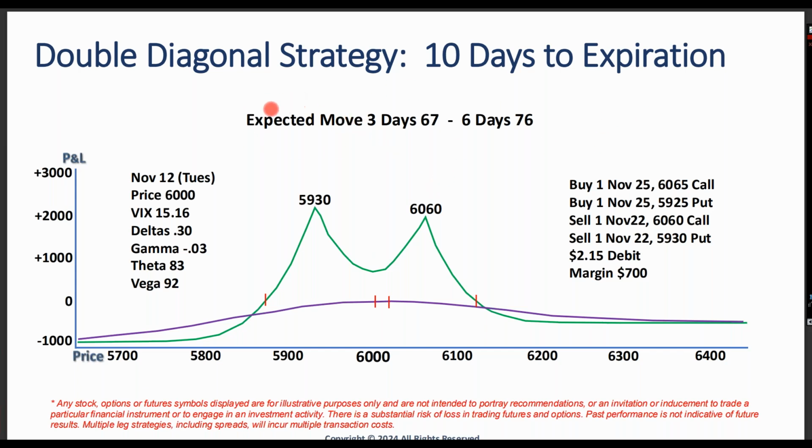So the expected move when I looked at this trade, one standard deviation was 67 points. So what does that mean in English? It means from where I put the trade on, 6,000, there's a 68% probability we're going to be between 6,000 plus 67 on the upside. So take that red ball and go a little bit under 6,100 down there. Right around, maybe a little bit less than that. The other way, yeah, right around there.